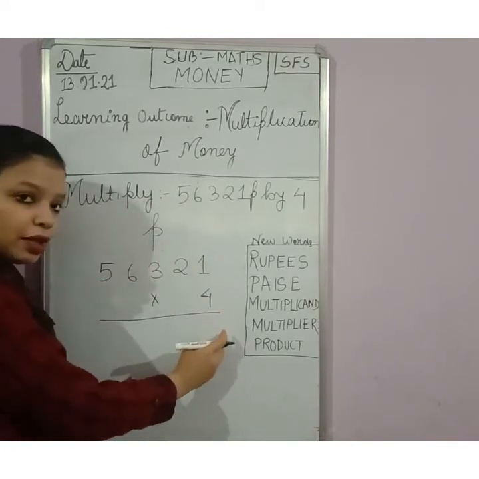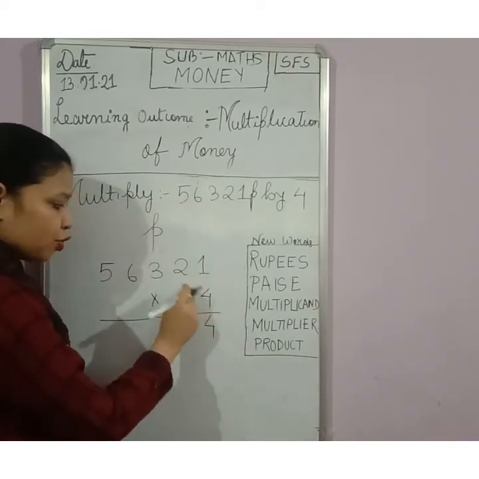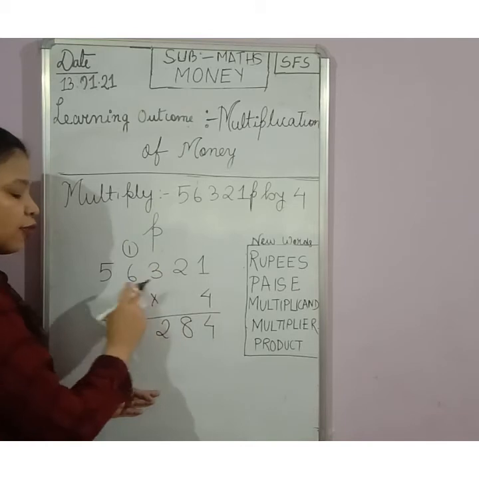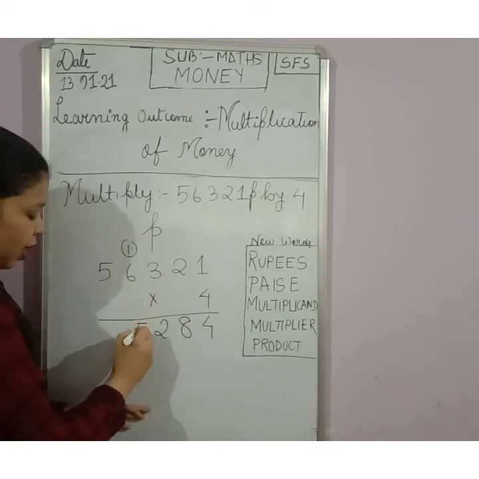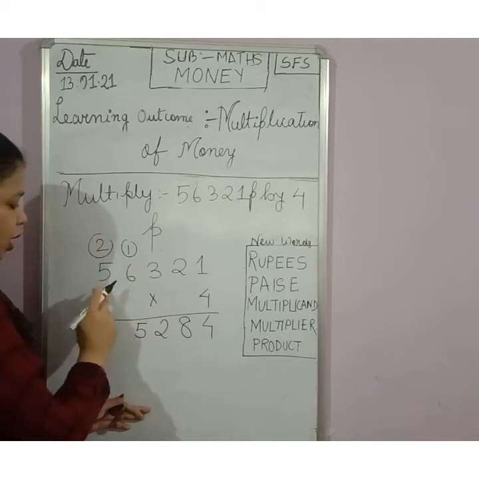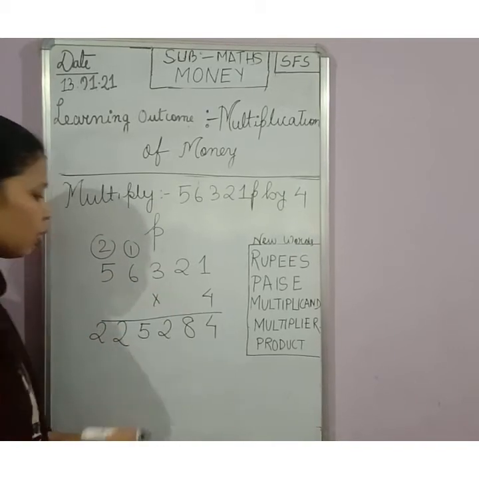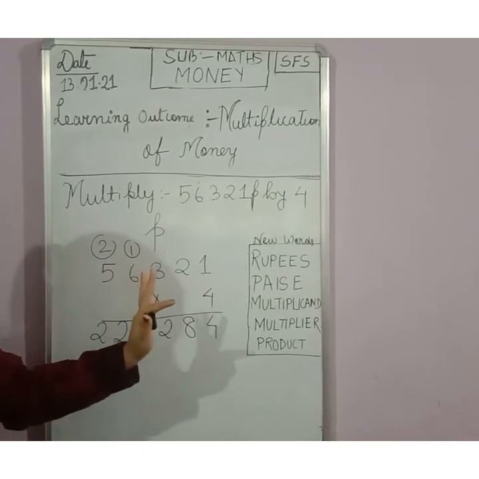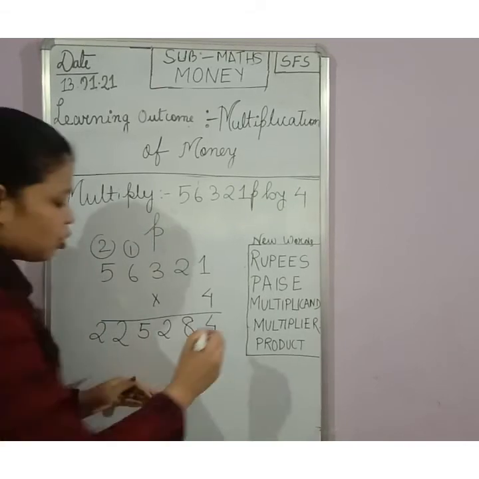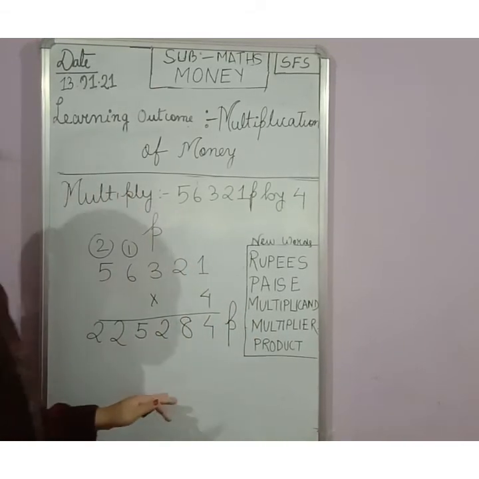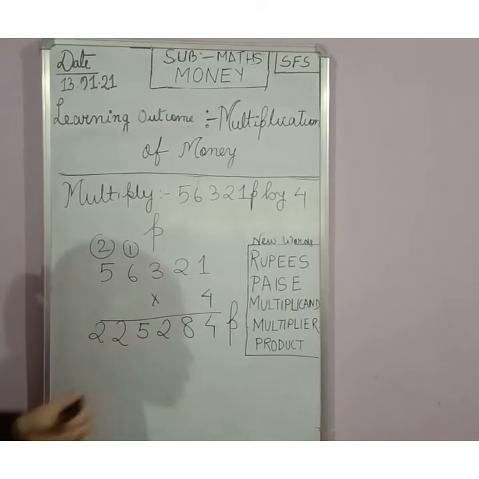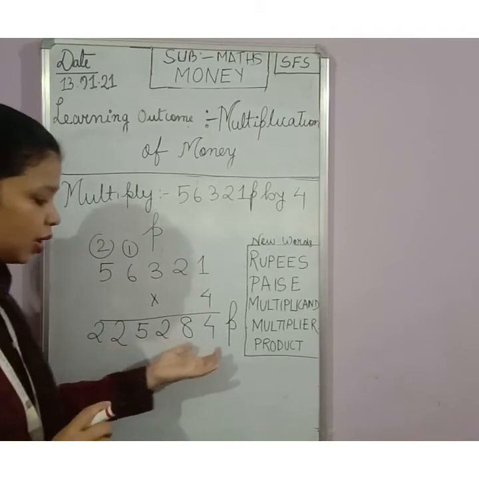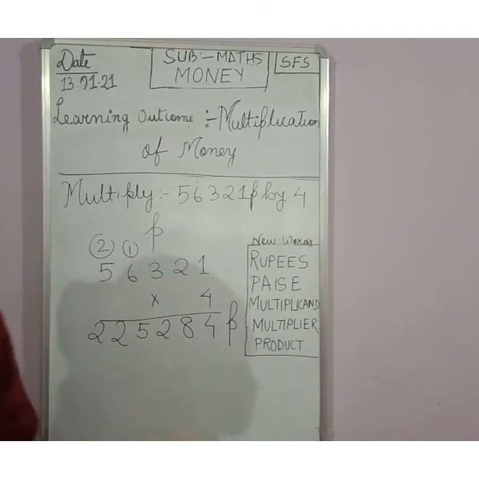So multiply again from the right hand side. 4 1s are 4, 4 2s are 8, 4 3s are 12, 1 carry over, 6 4s are 24 plus 1 25, 2, 5 4s are 20, 21, 22. Okay, so this is the answer. Now what term will you use here? Since it is paise, so you will write only small p here. Okay, there is no rupees here, only the paise term is used here, paise value is given here. So after multiplying, whatever answer you get, you write only small p, or you can write in spelling also paise.